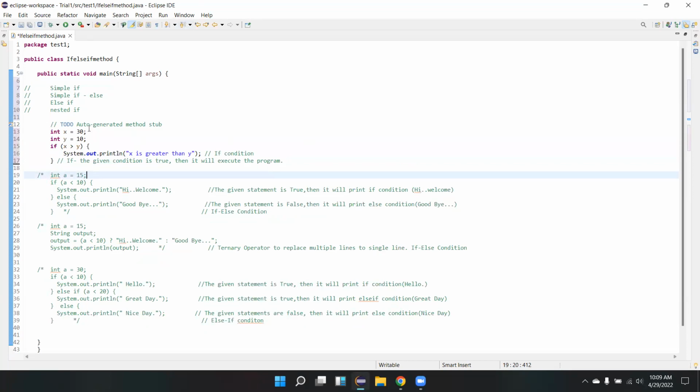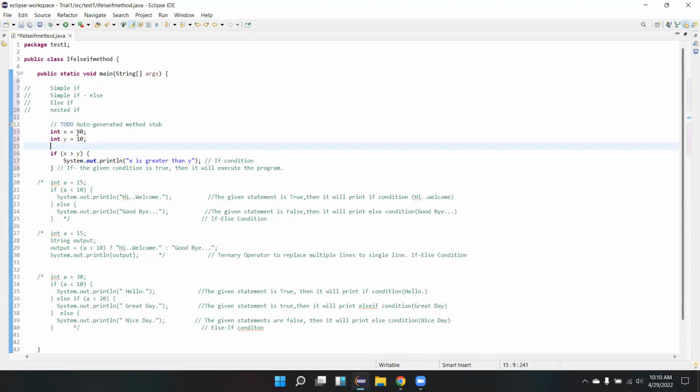Now I have declared my variables x and y. Now this is a keyword. Whatever you see in maroon color, like if, these are system keywords. System keywords are always represented in maroon color.